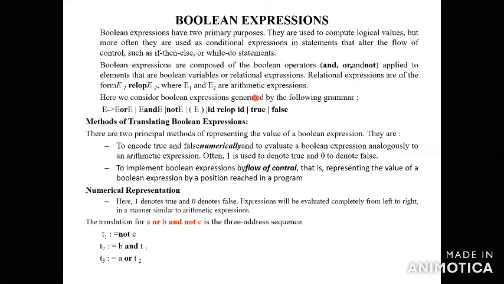True is indicated by 1, false is indicated by 0. So true for 1, false for 0, you have to write it. Then ID relation operator: the relation operator indicates less than, less than or equal, greater than, greater than or equal, not equal. So this is the second declaration of the Boolean declaration of the intermediate code forms.